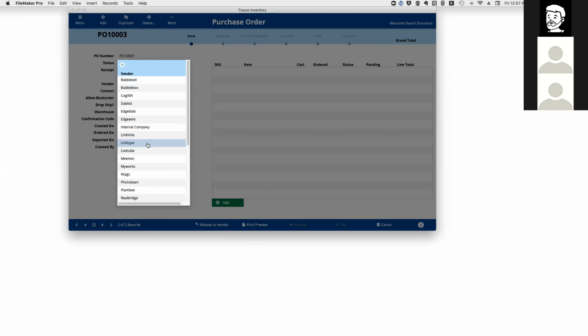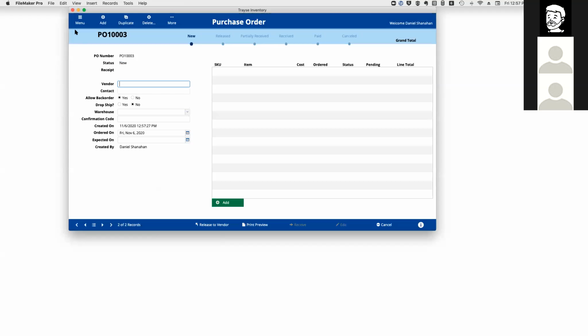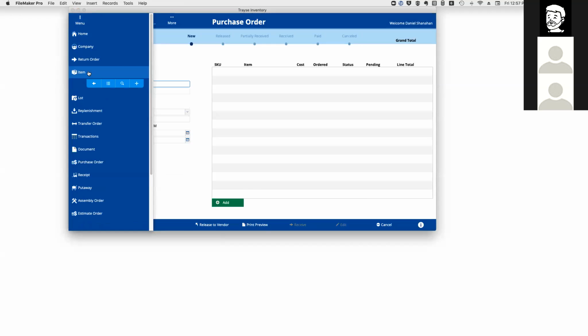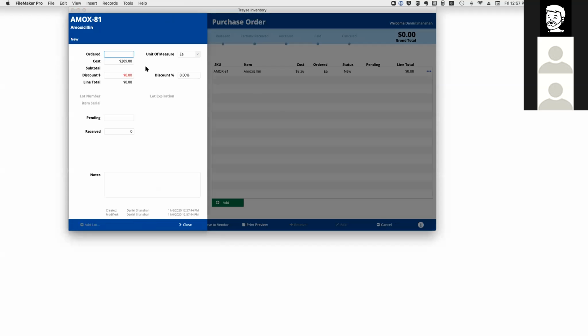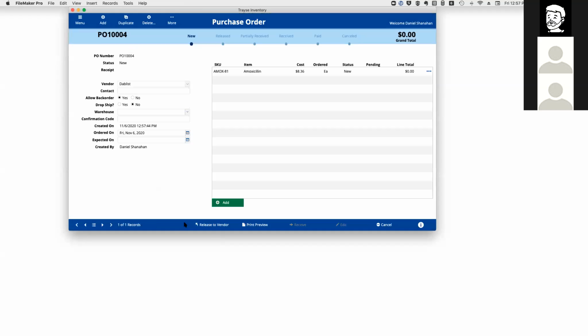And I think it was Dabless that... Dabless is my preferred vendor. Let me create an order here. That's not really what I wanted to do. Let me delete that. Mostly I want a Dabless in there. Warehouse, I'll put Sylvania,